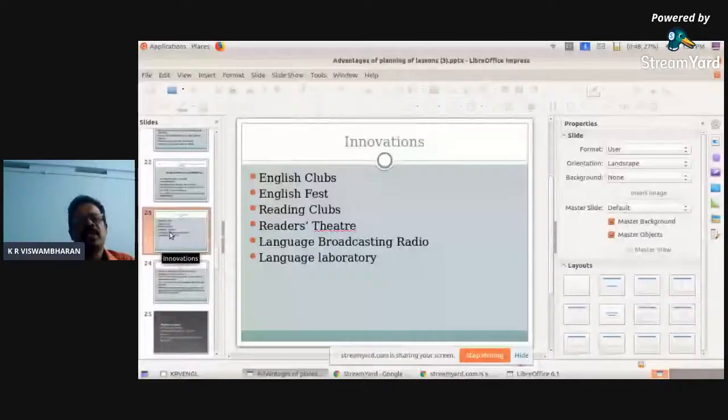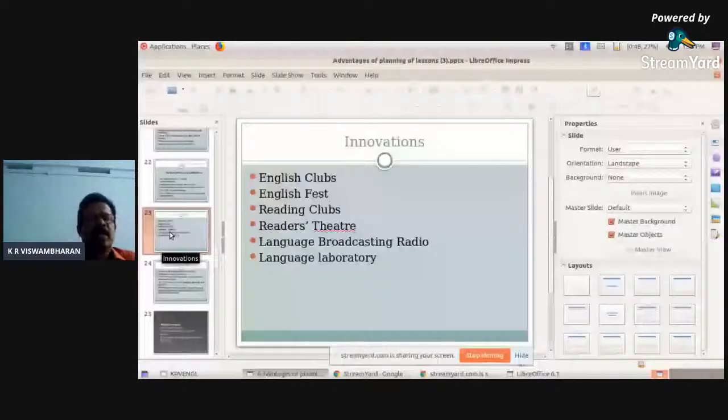It can be conducted once in a term or twice in a term, as the case may be, depending on the support from the parents, support from the principal, the committee, the headmasters, everything. And SRG, SSG, the teachers' association, students' association take part in this because they can support. There are a lot of experiences in other schools. So we collaborate with the teachers. Some schools are conducting English Fest and they attract the general public a lot.